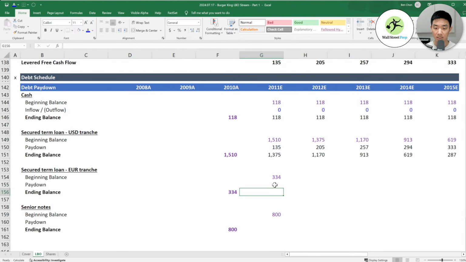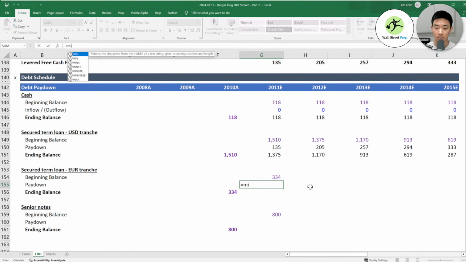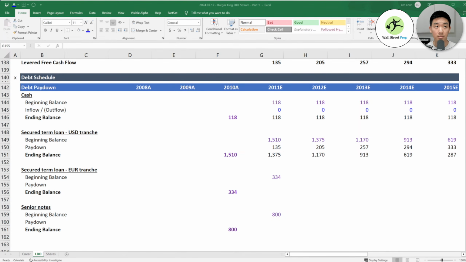And then we want to do something similar for our next tranche. So equals the min of either your levered free cash flow or the minimum of the beginning balance or, I think it's your, man, this always trips me up a little bit, G138.